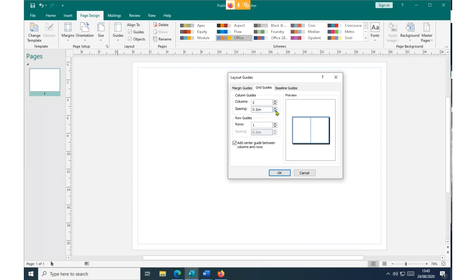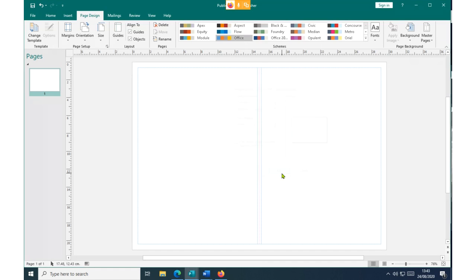And then we can also increase the space between the columns. Now you see the space between the columns is 0.2. Let's say we put it to 0.5. And then after that we click on the command OK. At the end of the day, you can see this is a guide showing you how your page will look. And indeed, now you can see we have two columns, this column and this one.